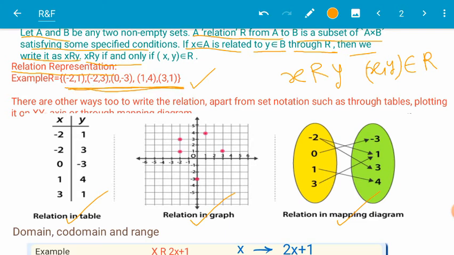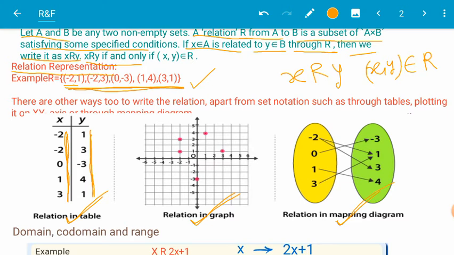In those ordered pairs, the first coordinate is the abscissa and the second is the ordinate. All the first coordinates, the abscissas, you write as the first column, and all the ordinates, the second coordinates, you write as the second column. This is the representation of a relation in a table. Next, representation of a relation in a graph. Those ordered pairs you just represent in the Cartesian plane. You already know how to represent the points.